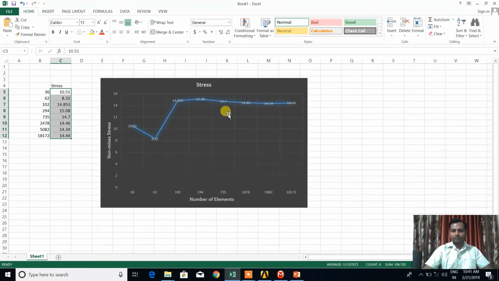So after that one step, if you change the number of elements, the value will not change. It means that you can take the number of elements for the analysis as 735 or 2478. If you take the number of elements beyond that, there is no change in any result. So this is the mesh convergence.